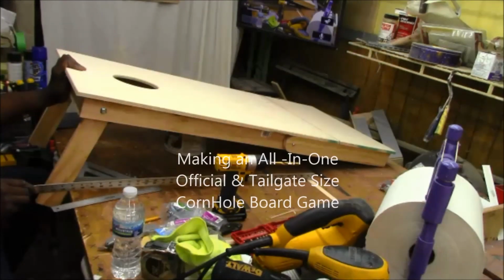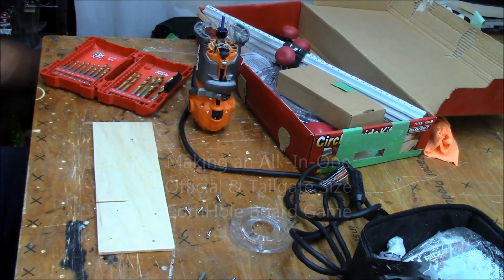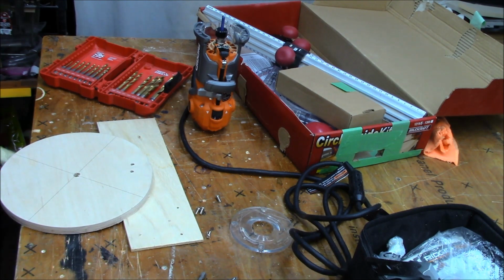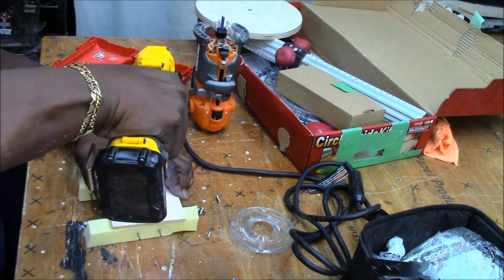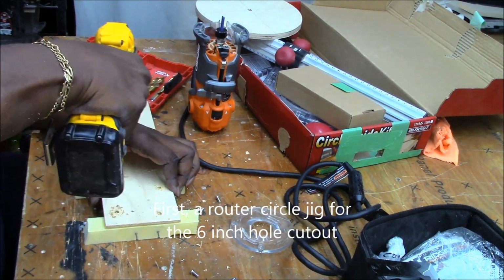In this video, we're going to make a transformer cornhole board. It has two features mainly. The purpose of this transition board is the ability to transition from a 2x4 tournament size, which is the official size cornhole board, versus a 2-foot by 3-foot tailgate size